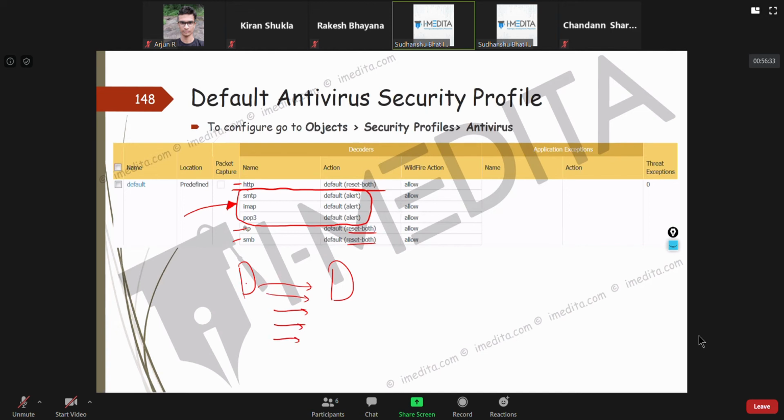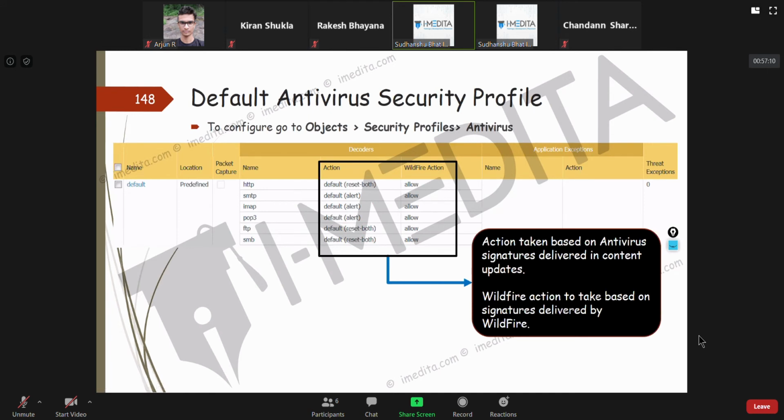So most of the time what people do in this scenario, if it is coming from SMTP, IMAP, or POP3, is just generate an alert on the firewall, and whatever Microsoft Exchange server or email server you are using can utilize its endpoint protection solution to classify that mail and block people from accessing that email.